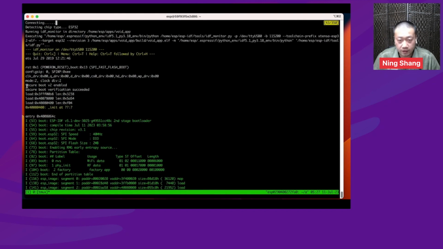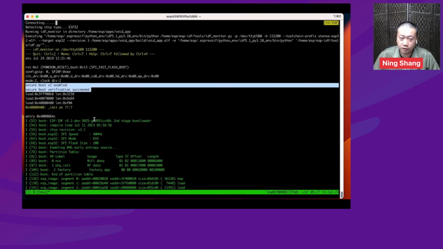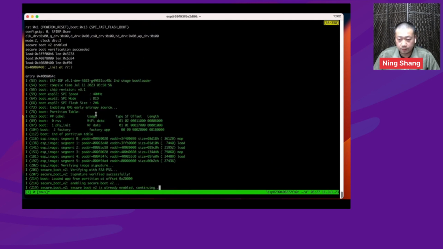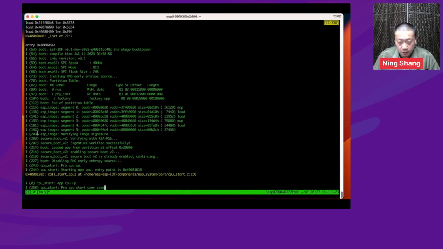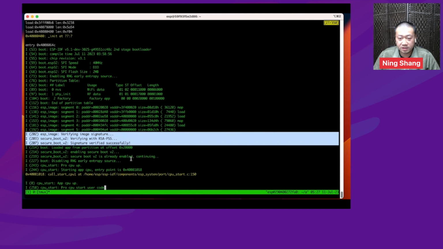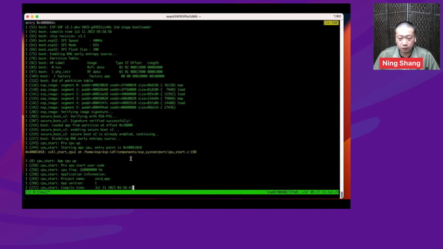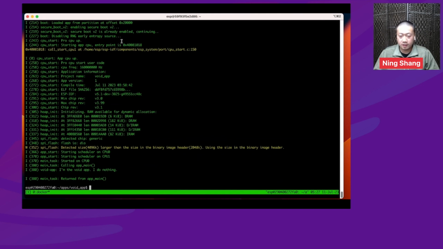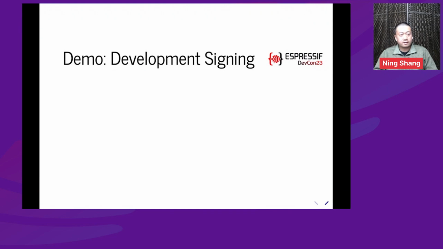If we look more carefully, we can see that secure boot is also enabled from the console output, and this message is about the app image verification by the firmware bootloader. So we have secure boot enabled, and the signed images are up and running. That's the demo for doing development signing for ESP32.